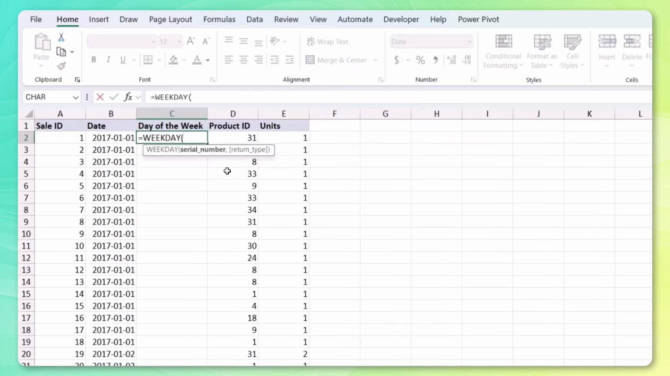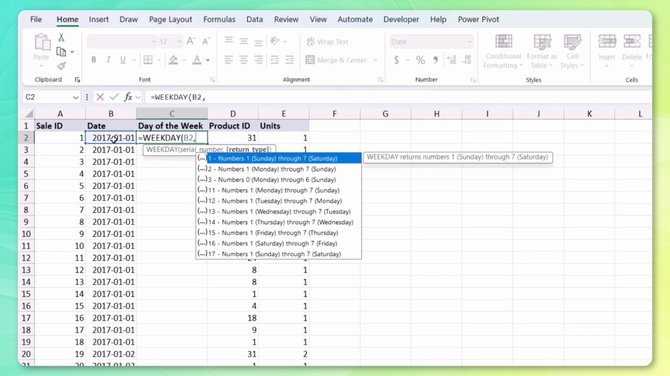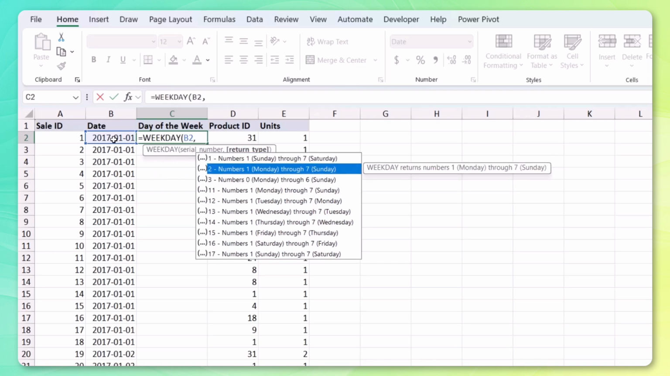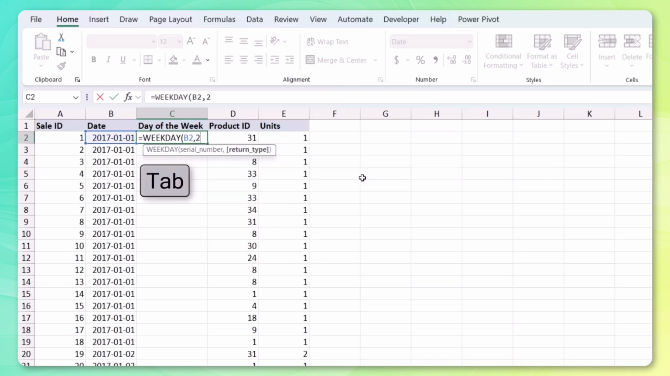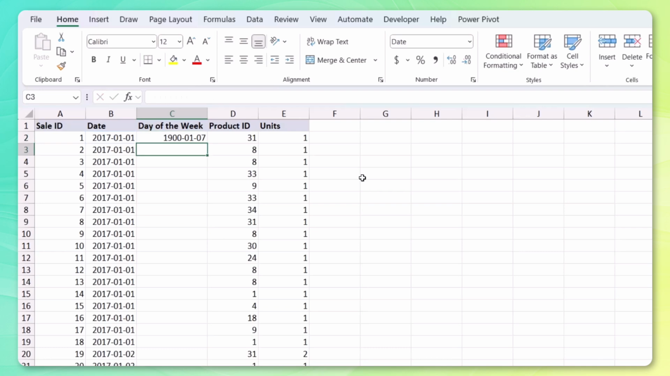You'll see that the first argument is the serial number, and that's a weird way of saying that we need to point it at the date that we want to extract the day of the week from. Comma over to the return type argument, and you'll see that we have several options. I'm going to arrow down to the second option here so that we're displaying numbers 1, which is Monday, through 7, which is Sunday. I can tab to apply, close the weekday function, press enter, and you'll see that we